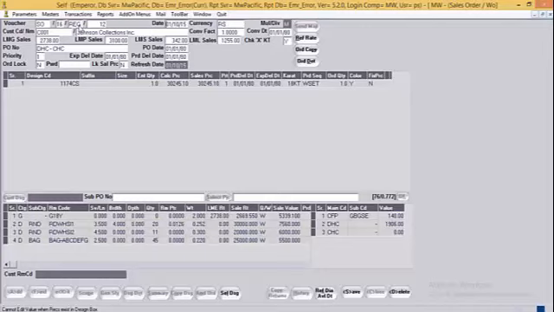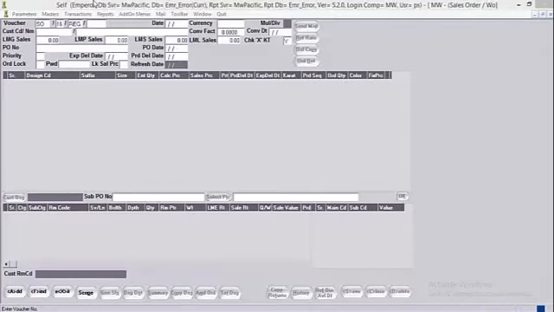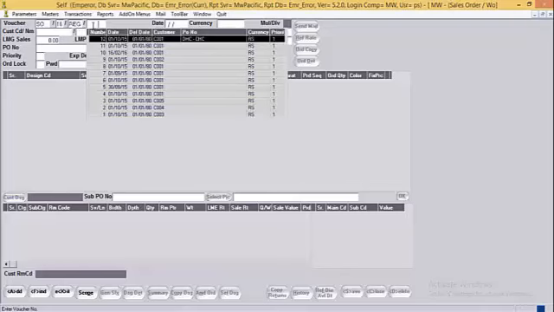Same way, the user can open various character series for order entry, like SMP for sample orders, rush orders, and so on. Then the order number, which is auto generated in the system on click of the add button. On click of the add button, the system generates a new number.